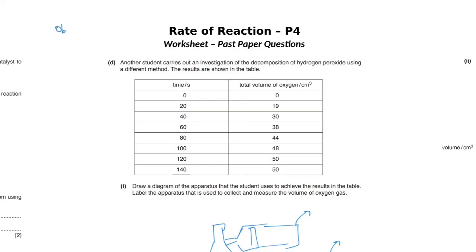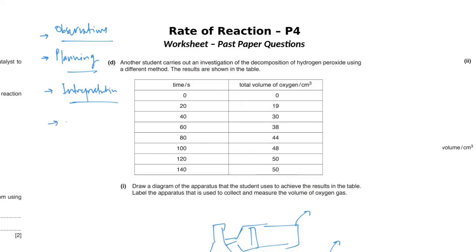Basically, you know that there is an objective called observation where you'll have to read the readings, or you have to talk about the color changes. That's tested in P4. The second objective is what we did was planning, whose video is already uploaded. Okay, and then there is something called interpretation. Interpretation is basically plotting and extracting information from the graph. So this particular video actually covers both the rate of reaction and the graphical part of the P4.